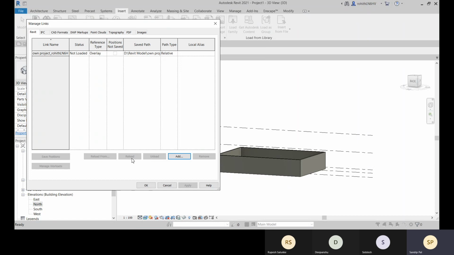When you reload, it will be the updated file. And here we have this reload from. Suppose you have saved the recent file into another folder. For that, we have this reload from, and then you need to choose that updated file from that folder, and it will be updated again.